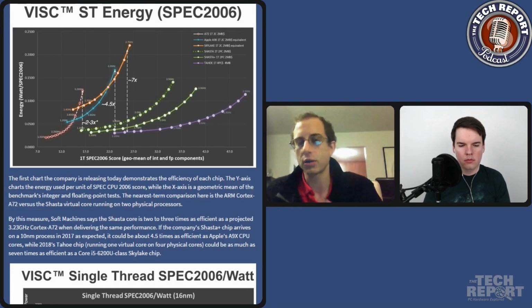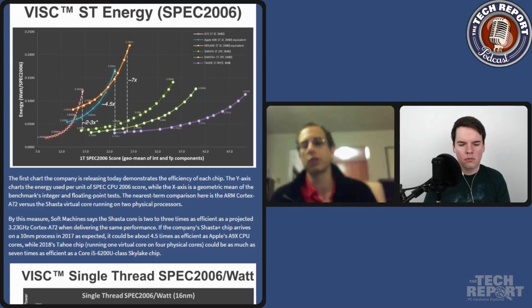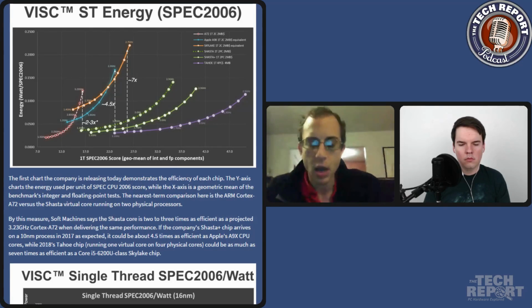So they're talking about a core that's nominally going to be a 16 nanometer part. Right from the get-go, it's not clear how fair a comparison that is. But the point of this is not, oh, we're going to beat the A72. It's more like, here's a rough idea of performance. And when I look at Soft Machines and their value,